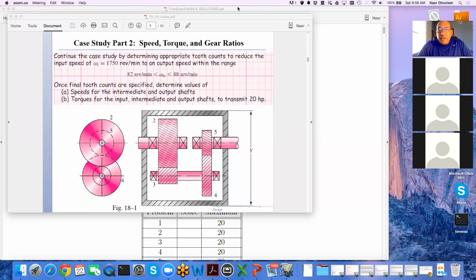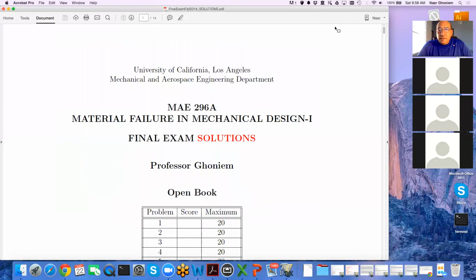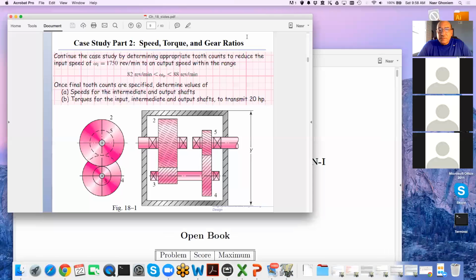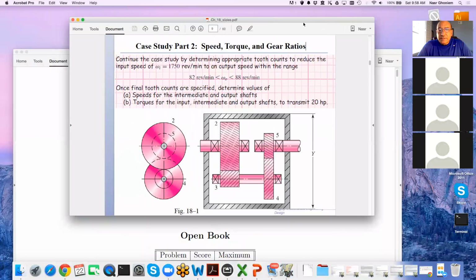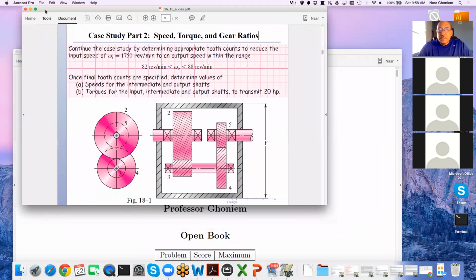Okay, so today I would like to just discuss a few things. One discussion is going to be on the design of gear trains and gear systems, which is the last part of the class. And then another is going to be on review of a final exam that I gave in the fall of 2014 to give an idea about the level of complexity or requirements in the final. So if you can see here,